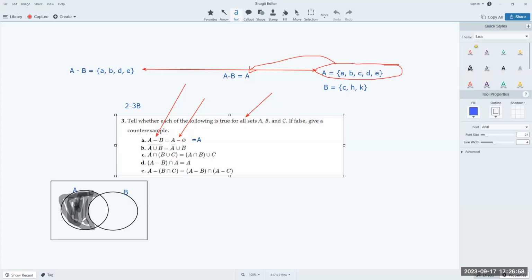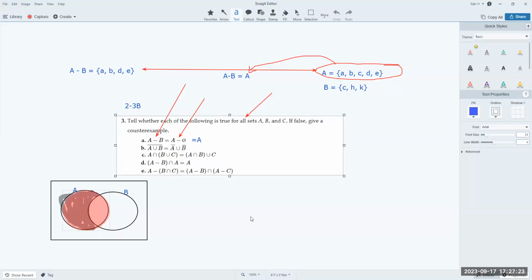I kind of shade that chunk right there. There's A set difference B. Now, is that equivalent to A set difference the empty set? Well, A set difference the empty set would be everything that's in A. So it'd be this whole thing. And you'd have to ask yourself, are those